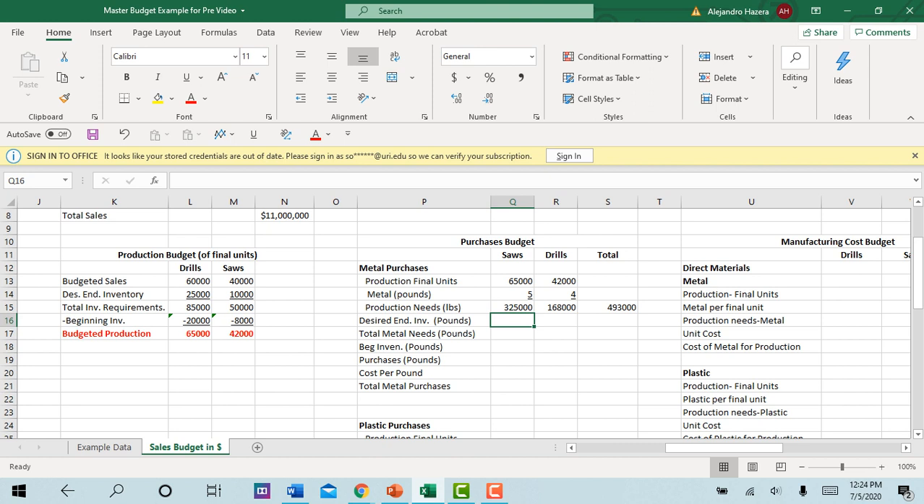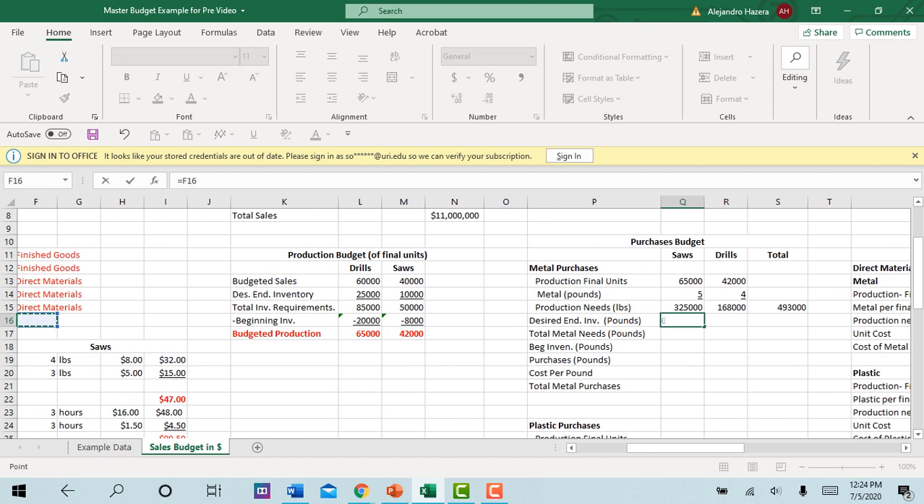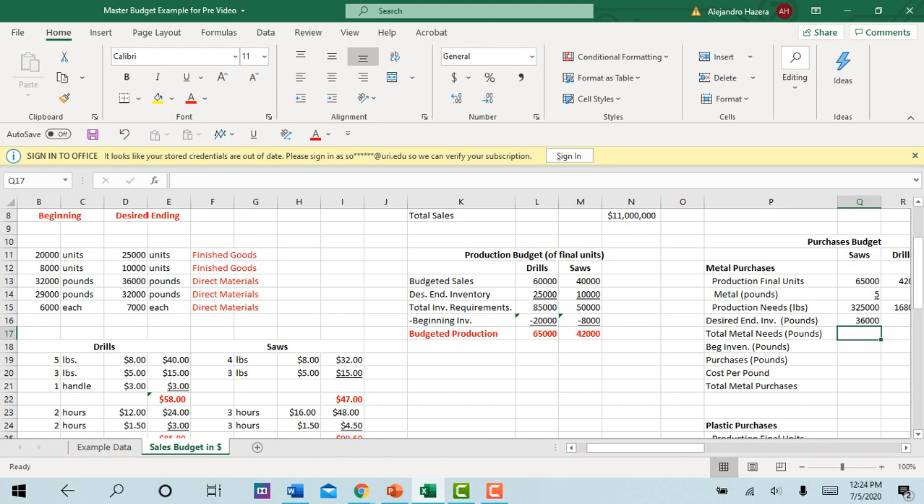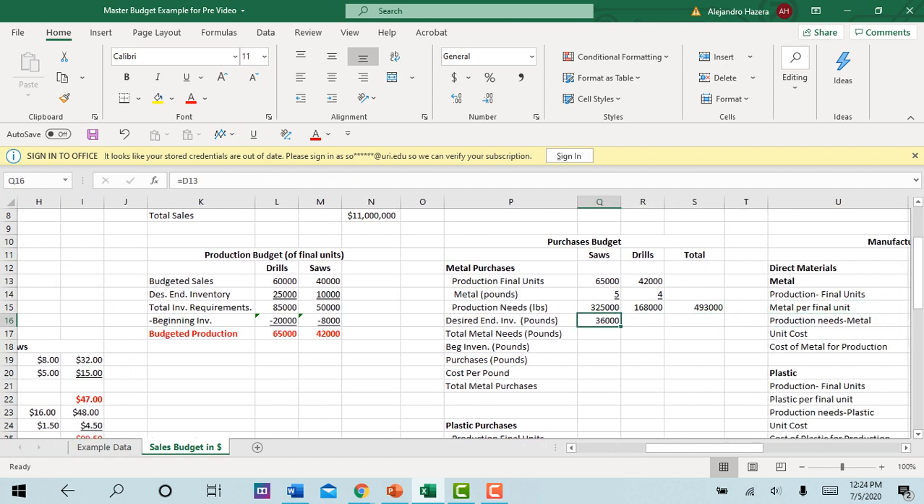Okay, now, companies always have a desired ending inventory. Even if you have just in time, you want at least a little bit of inventory in your final warehouse. Those numbers come from the data that I initially showed. So if you go here, your desired ending inventory for metal is 36,000 pounds, and we're going to put that over here